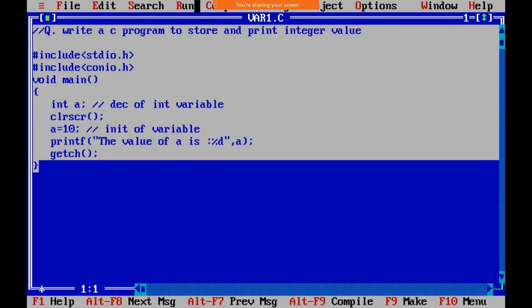So for example, just here I will write the name of programs.